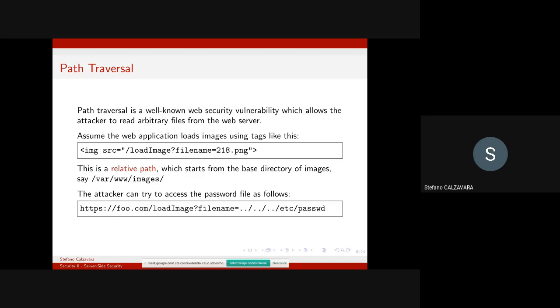What the attacker can do is abuse this functionality to try to access the password file rather than an image. And the idea is the following. The attacker crafts an HTTP request, which is sent to the same load image endpoint, but the file name parameter will have a much different format than what is expected. For instance, in this case, the attacker will send ../../../etc/passwd. So for any of you who are familiar with Linux, I guess most of you, you know that by using this syntax, you can essentially